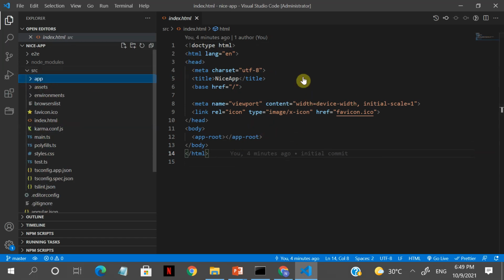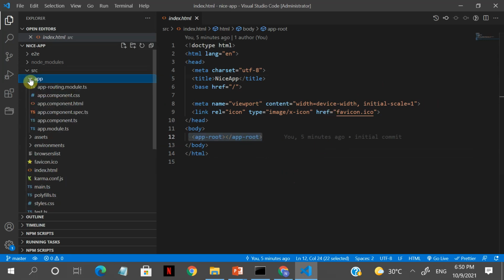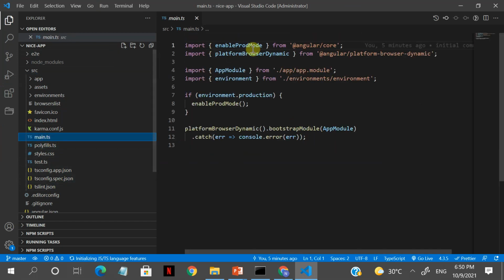So you will be saying we created nice app, then we'll be showing app-root, because this is the default naming for Angular apps. You can go over here and take a look at the app routing module. Now if you click on this app folder, see the index.html. Now let's take a look as to where it lies. Main.ts. If you see here, there is a main.ts file which injects the required bootstrap of the application.